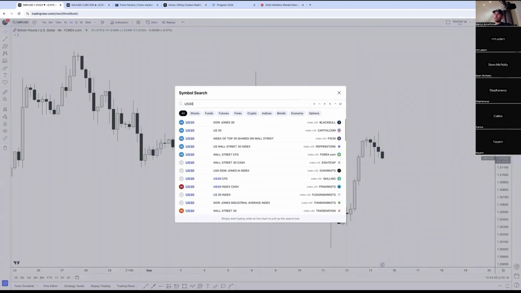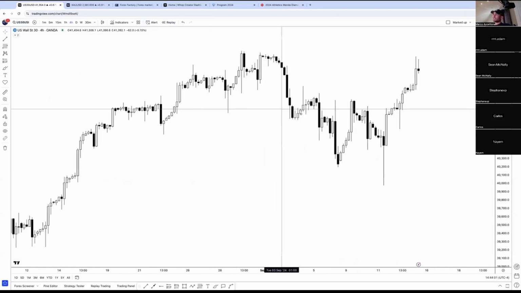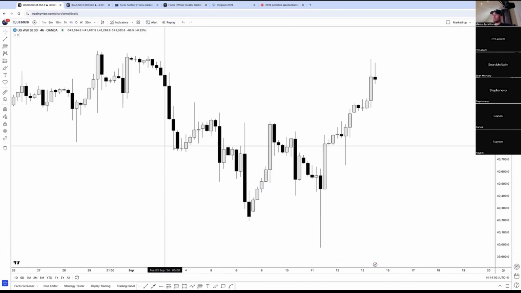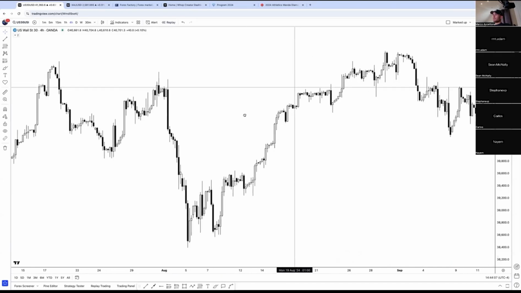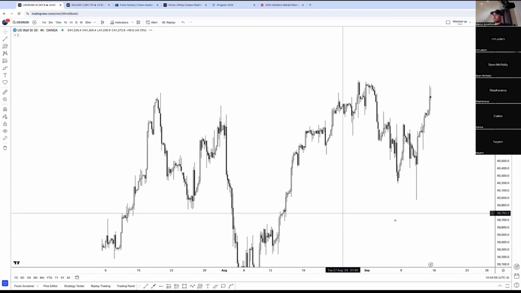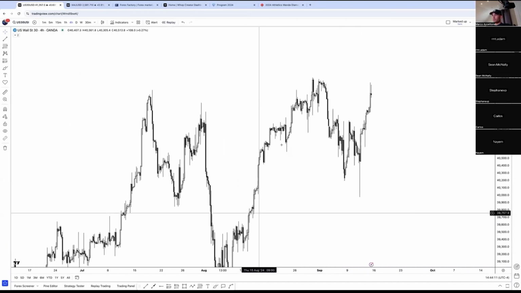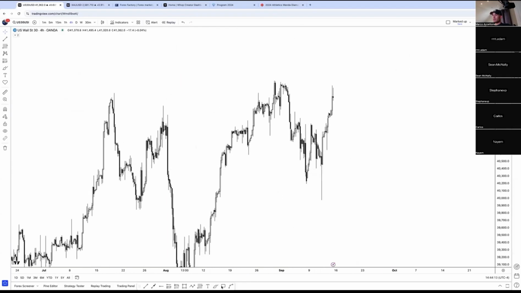I want to cover the US 30 trade I took yesterday because this trade right here is textbook as well. Okay, same thing. Look, I can just point out right away. God, man, my mouse. Look at this build-up of liquidity we get. We get a big sell-off to the downside. What was the reason for it? We're clearing all of this. We cleared all that internal liquidity. This mouse needs to go in the garbage. Doesn't click anymore.